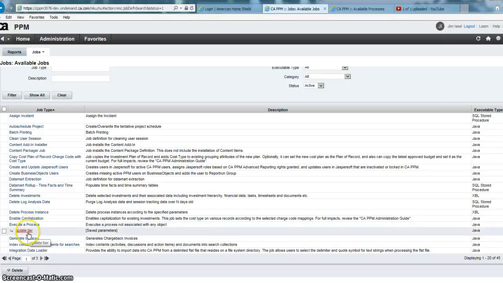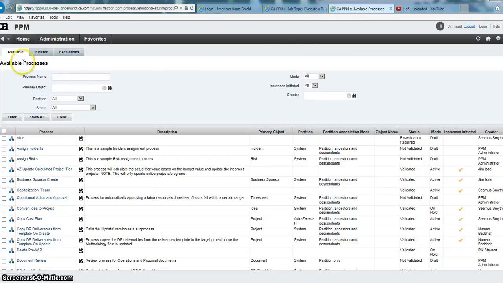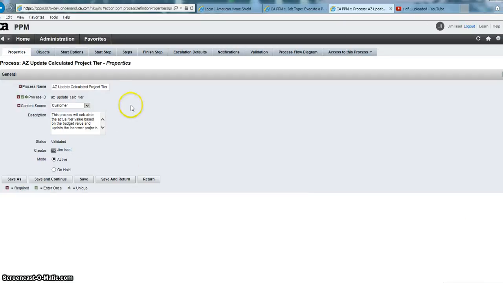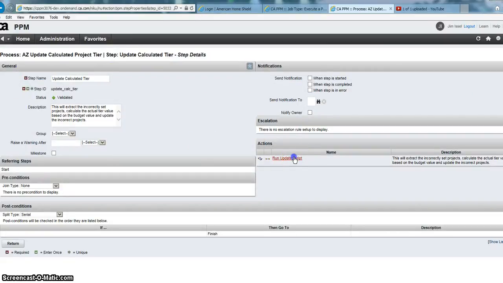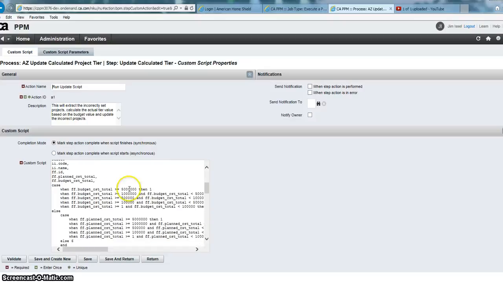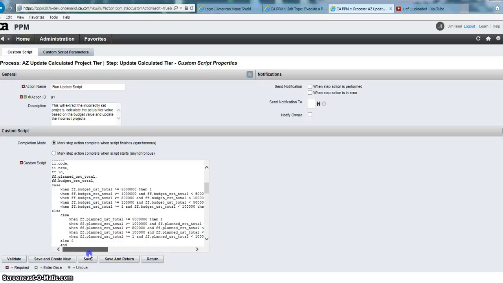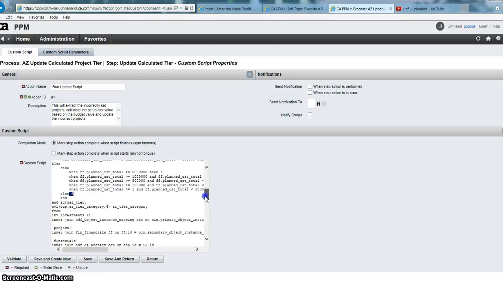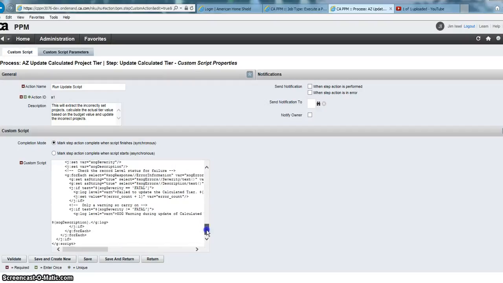So the way that we've used it, we've got one use of this. The update tier saved version of this executes the process AZ update calculated project tier. So projects are assigned to tier 1 through 5 based on their planned cost. And if I look over here at processes and look at this update calculated project here, and I go to my step update the calculated tier, there is a script that goes through and analyzes, and based on the value of the project, it assigns it to tier 1, 2, 3, 4, 5, or otherwise it defaults to 6, and then it constructs a Zog XML file right in this shell script,